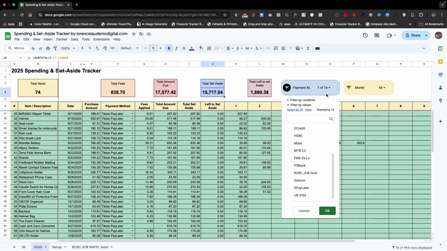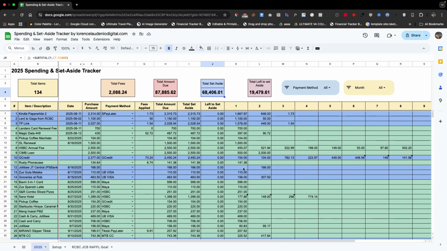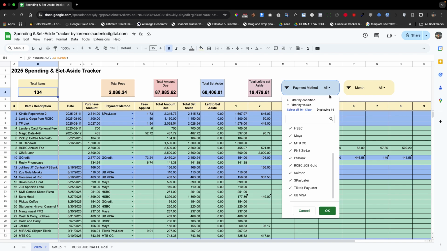So if we're going to put that back, just select payment method again and select all, and it will reset the data and also the items based on what you have selected here.